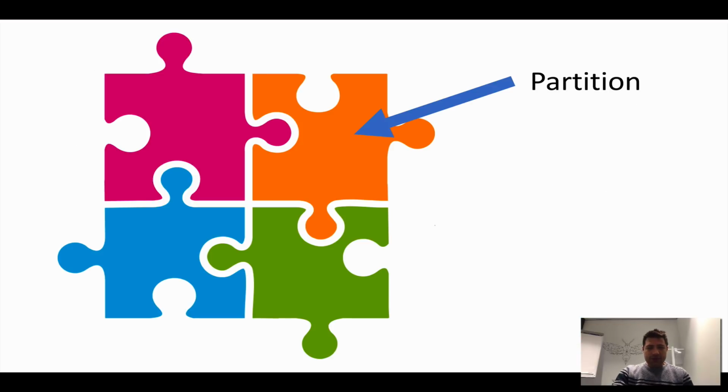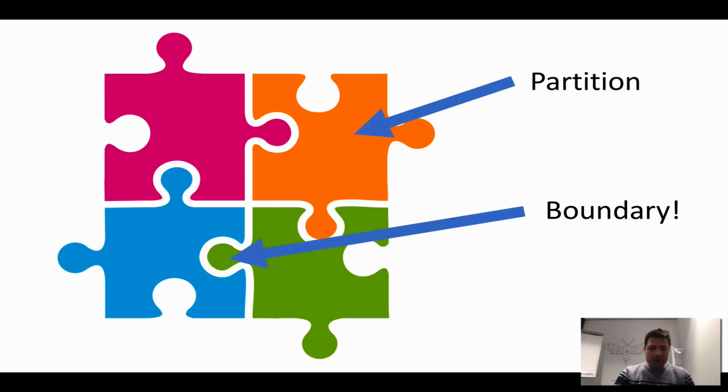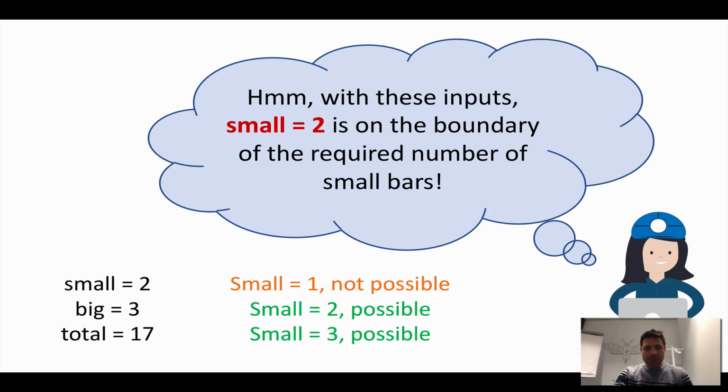So if we think about our tests as pieces in a puzzle, we should test the connections. So where one piece becomes the other. We have a boundary in there, and it's quite common to write bugs in between them. So for example, this is one boundary. If I have